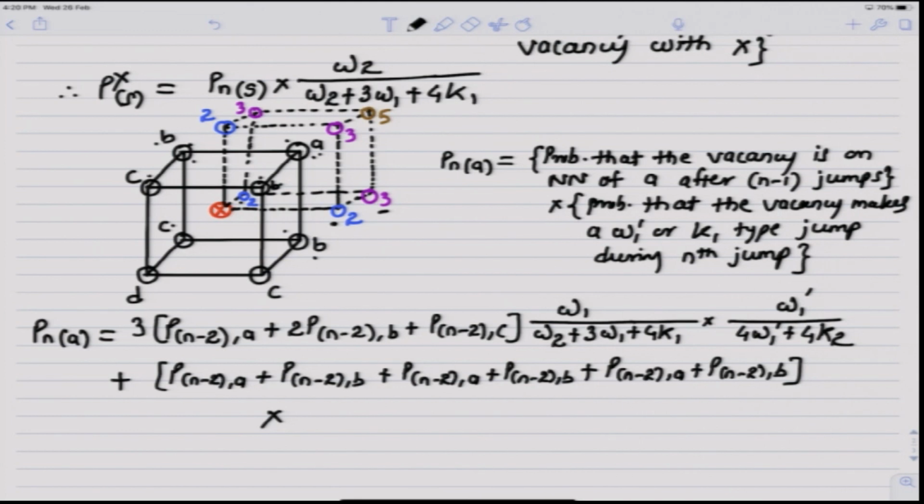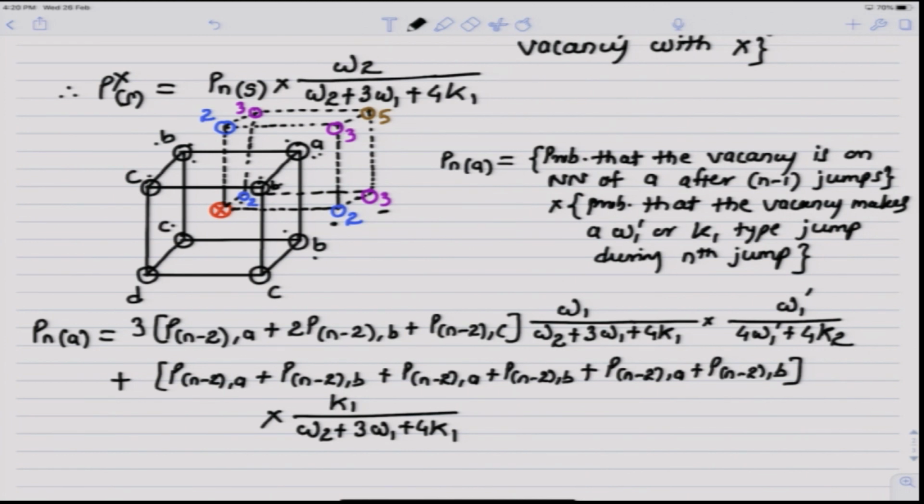This is a jump from nearest neighbor onto the 3rd nearest neighbor. So, this is a K1 type of jump. So, the probability of that would be K1 over omega 2 plus 3 omega 1 plus 4 K1,